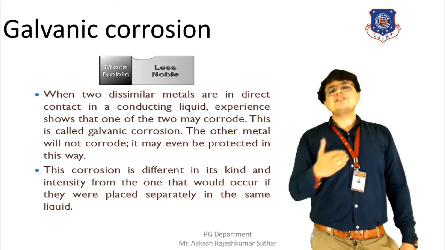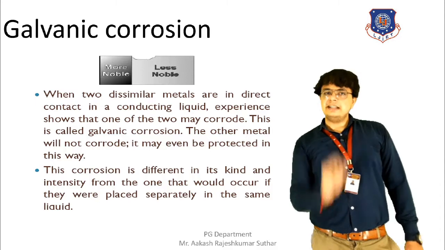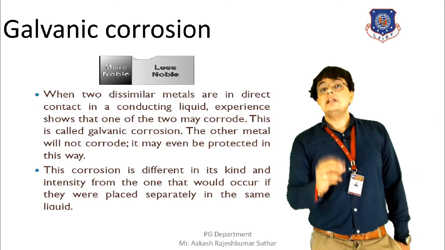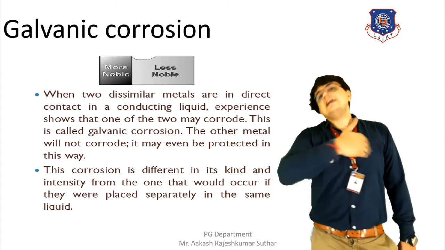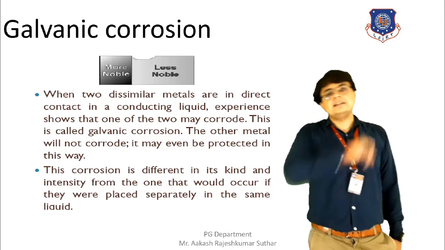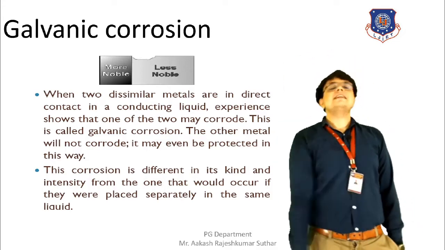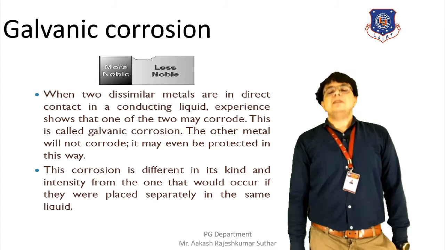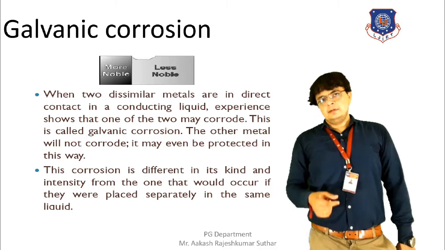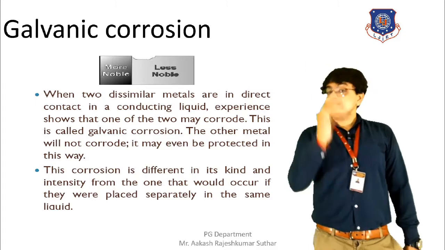Now, on a brief discussion of this kind of corrosion, we can say that when the cathode being formed in the corrosion condition is a less reactive metal, and the anode is a more reactive metal, and once we pass an electric current through this kind of arrangement, then galvanic corrosion will definitely take place. So this is how the corrosion takes place. The reactivity of the metals does matter.